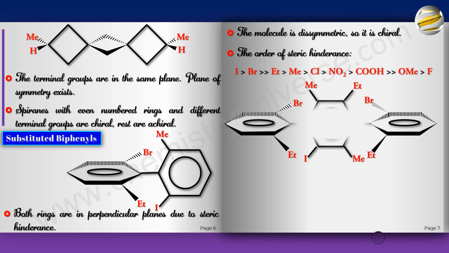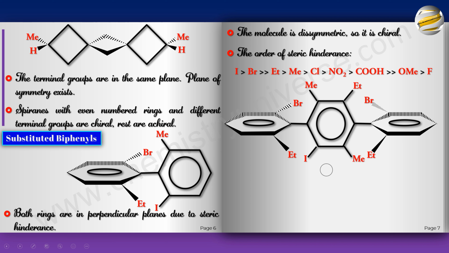Now remember, be very careful when you deal with these molecules. On the face of it, you will realize that these two are similar groups. This is dissimilar. So if we cut through the plane of this one, then it will be symmetrical. But it won't be symmetrical because Br and Et are different. And these two groups are different. So you cannot cut like this.